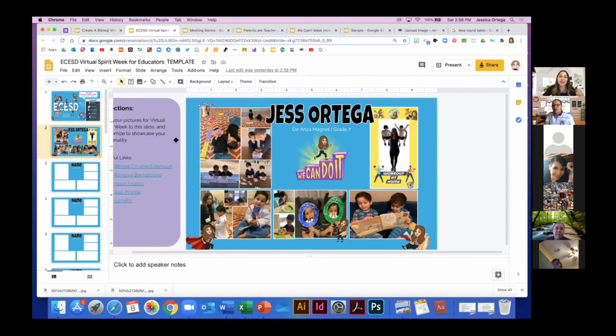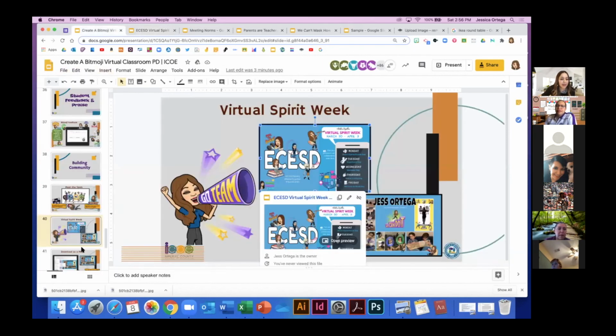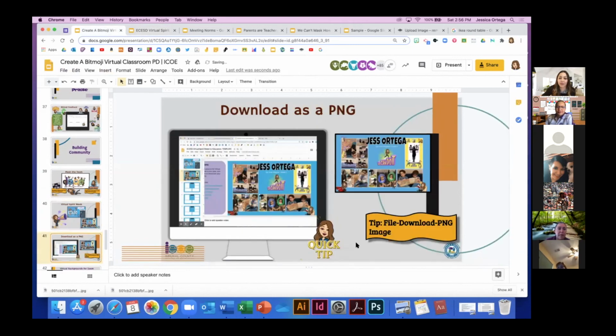So if you're interested, go ahead and make a copy. Once again, file, make a copy, and you can use it with your own district if you like, or you can make the necessary changes. And then the next part, oh, this is a really cool trick that I learned along the way. So let's say, for students too, for yourself, for your students,